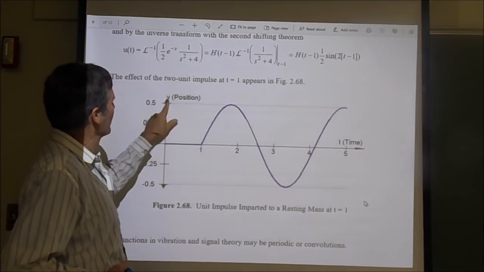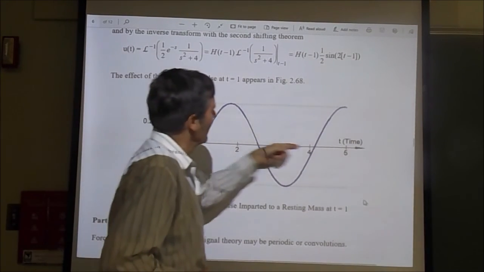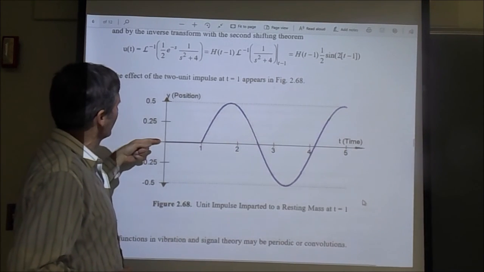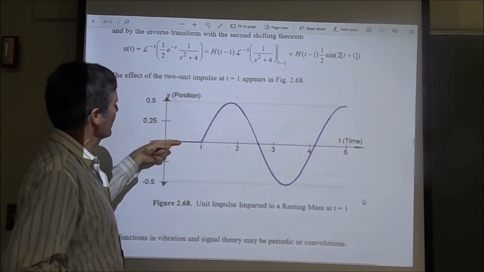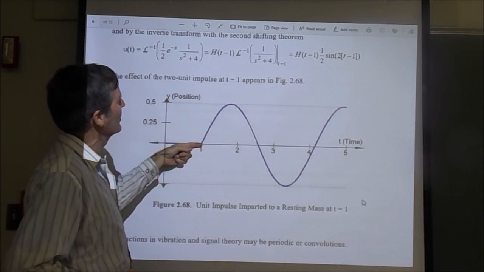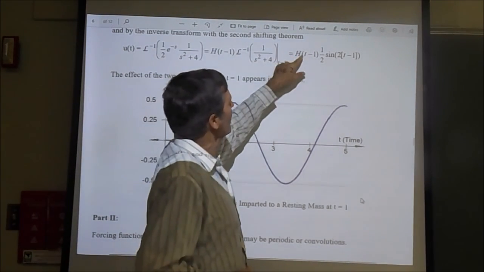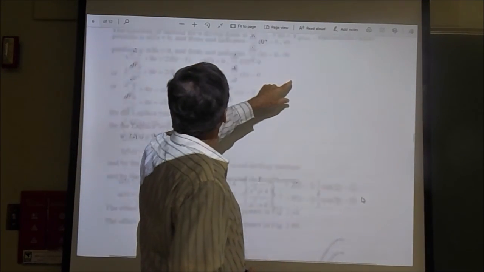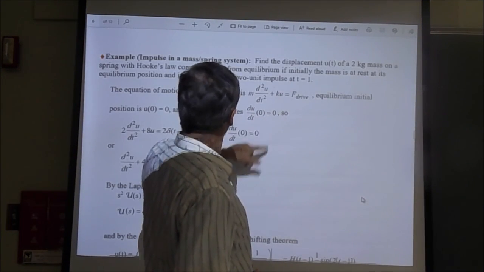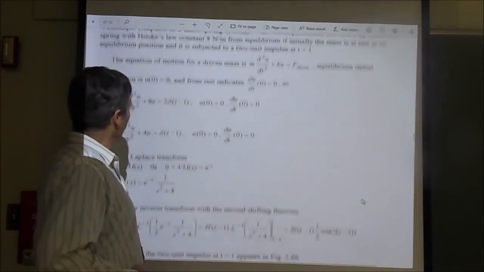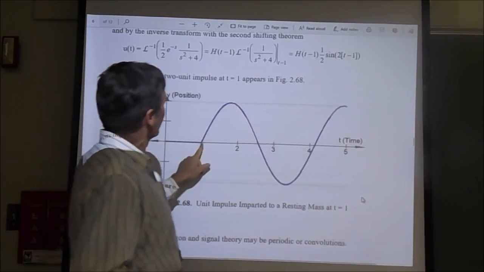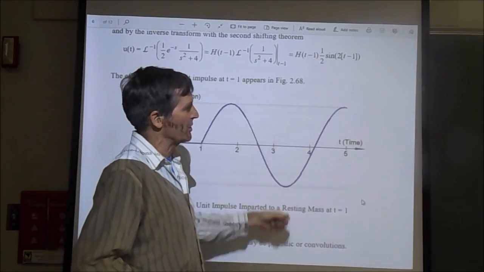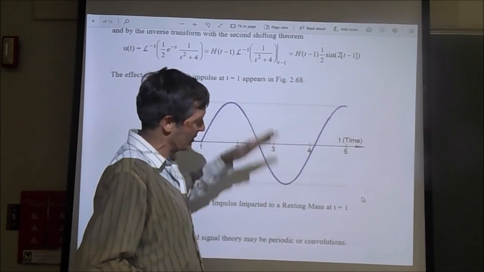The position is vertical. The time is on the horizontal, and initially the mass just sits there in equilibrium. At t equals 1, I give it a unit impulse, a 2-unit impulse. And what happens then is that it starts oscillating sinusoidally because it's an undamped mass on a spring. You just struck it and it starts moving in its usual